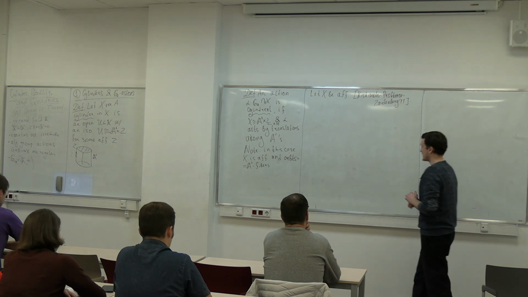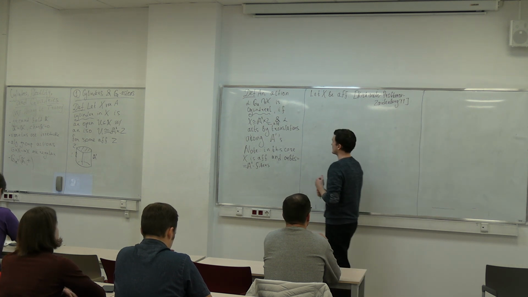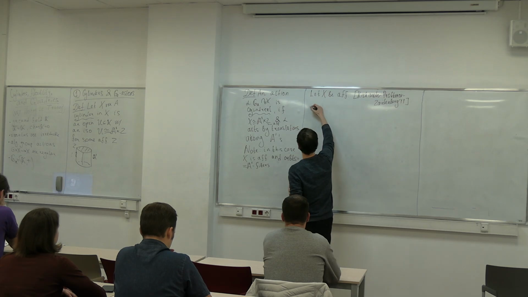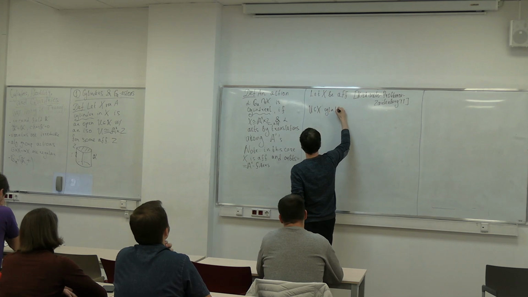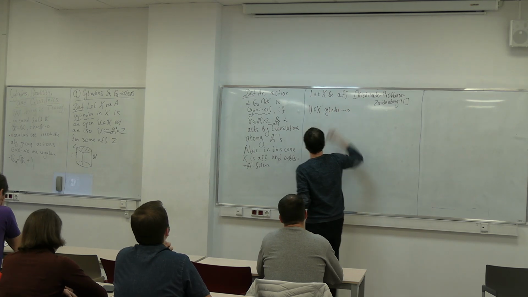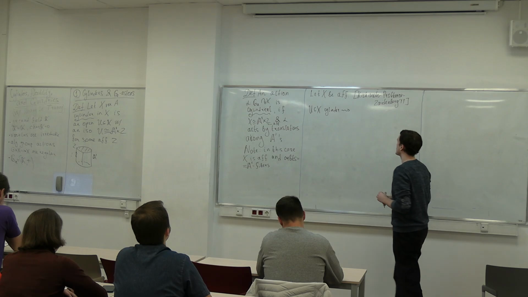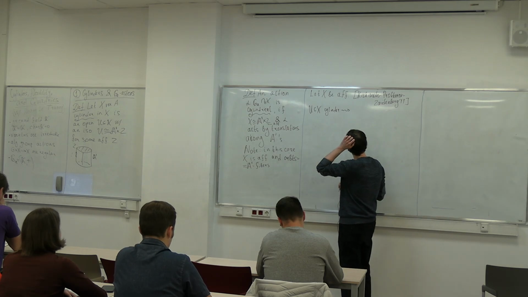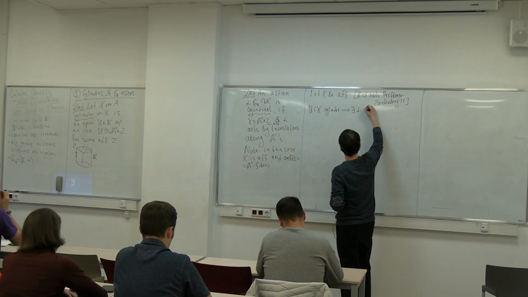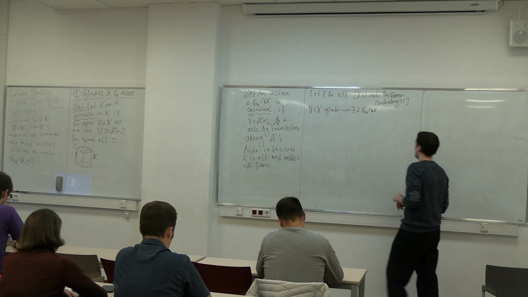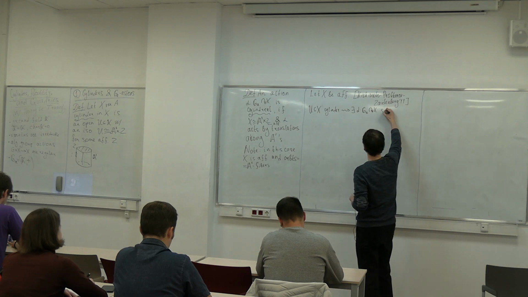So what it does, given a cylinder, we can construct a GA action. So if we have a cylinder, we can always produce a GA action with the following properties. So there exists a GA action alpha on X such that,